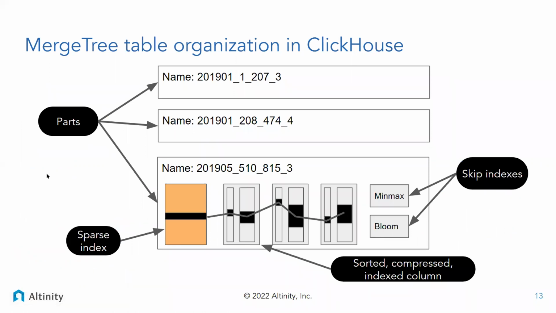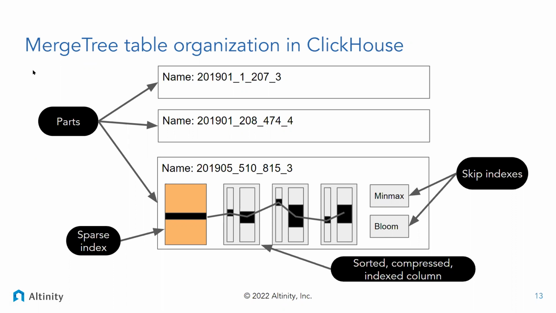The first thing I'd like to talk about, because it's the first thing you think about when you load data, is to understand the organization of the tables. ClickHouse uses a standard for large tables. There's a family of table engines, if you will. These are access methods for data, called MergeTree. This is the standard table for large amounts of data. There's also ReplicatedMergeTree, and a number of other variants that we won't go into here.